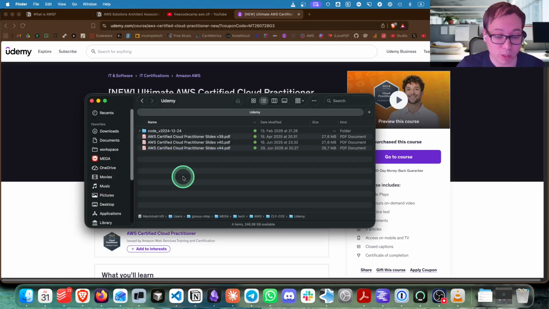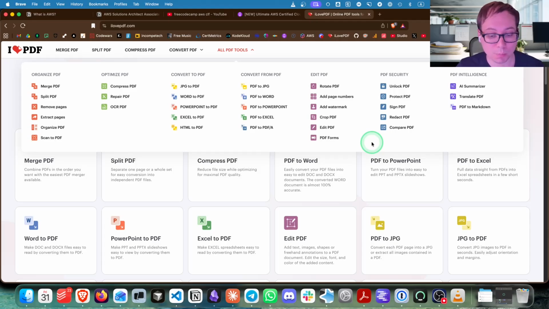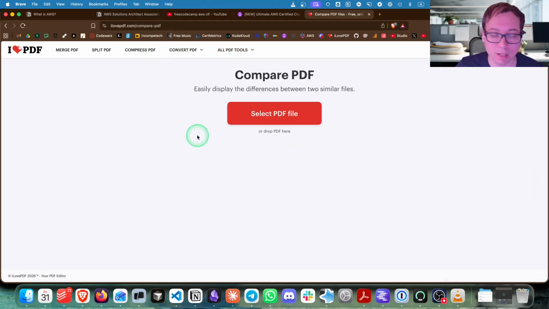In fact, one way you can quickly check what has changed in a certain AWS certification since the last time that you took it or studied for it is to re-download the course slides from Stefan Marek after a while. His slides, as you can see, have version numbers and they accompany the date that they were last modified. What you can then do is upload both the old slides and the new slides to Compare PDF in the ilovepdf.com website. I really like this website. So you upload them here and then you can choose semantic comparison. And that will tell you what things have been added, what things have been taken away between both versions.